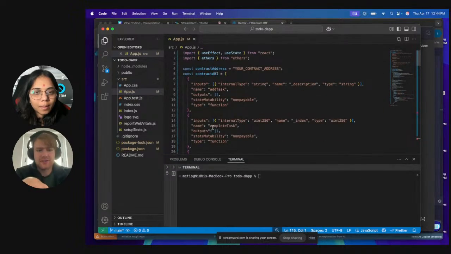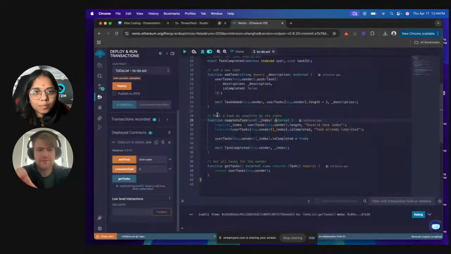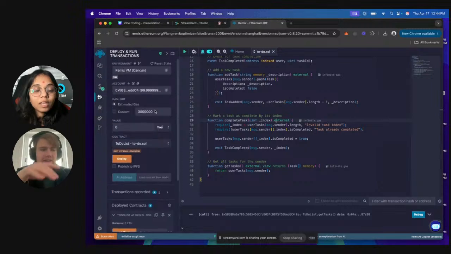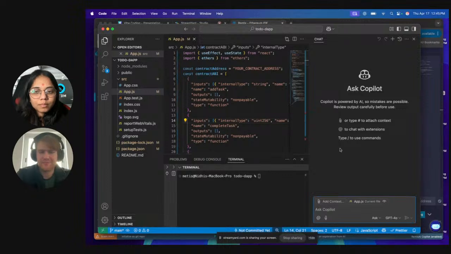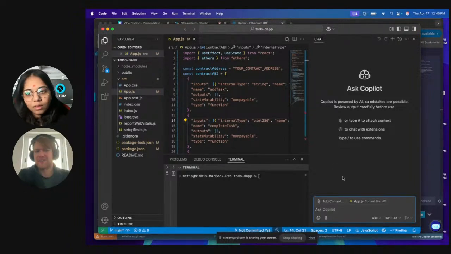So there are ways that you can do this within VS Code. VS Code has Copilot, and then there are other clients like Cursor or Windsurf that can help essentially automate this process directly.